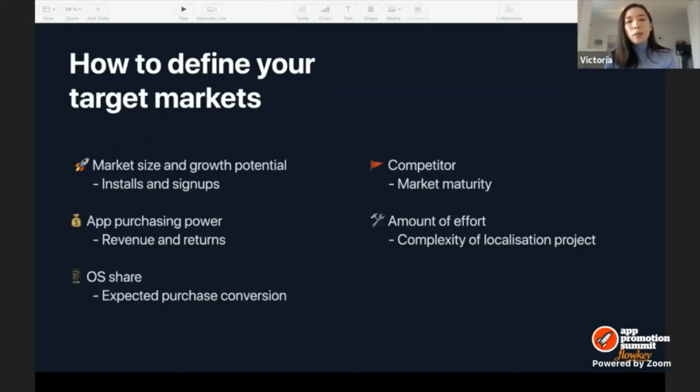If your app has pretty strong or particularly strong performance either on iOS or Android, you should also check the OS device share in this market. And also competitors: you can check if your major competitor is already in a certain market and you see that they are investing a lot in marketing activities. That is usually a good sign, because it usually means your competitor is getting something out of it. They see a good profit. But if not, if other things check on the list but your competitor is not there, it's even better, because sometimes you can be the pioneer in this market, or you only need to compete with smaller local companies